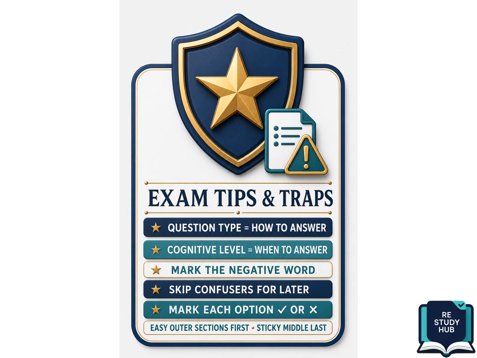First exam trap: missing the negative. Negative questions can easily cause confusion. You may notice the negative word when you first read the question but forget about it while evaluating the options. When you reach option C, it may suddenly seem as though several options are correct. This does not necessarily mean that you do not know the work. You may simply have forgotten that the question is asking for the incorrect answer.